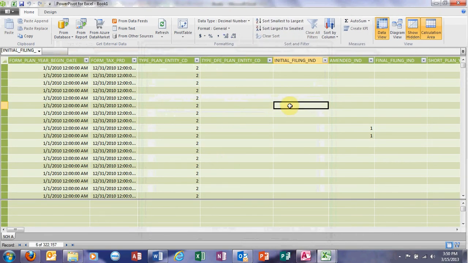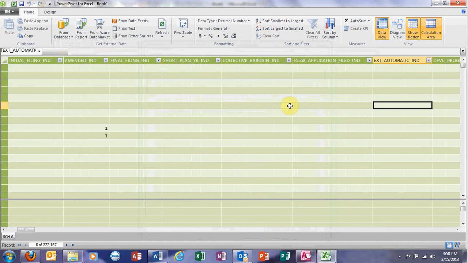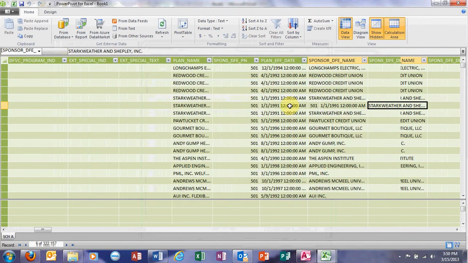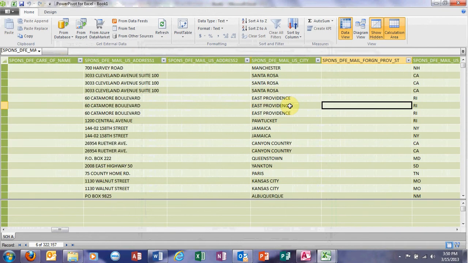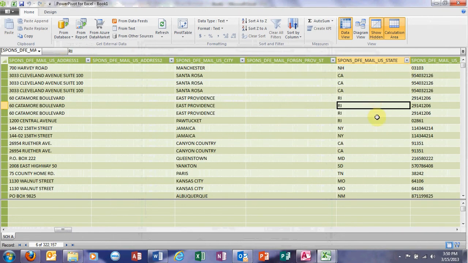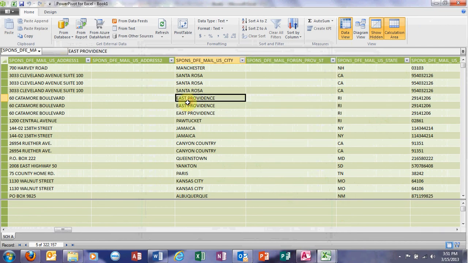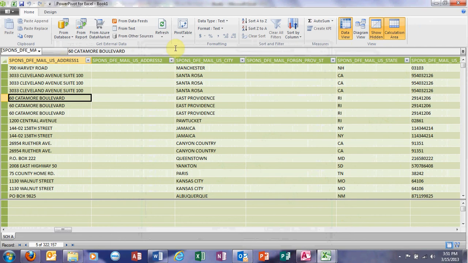So again, for some of you, if you just want to look at these as a spreadsheet, you can do that. You can come over here and filter what states, what zip codes, what broker, what insurance carrier, and just do it off of this and do it old school. It's a lot harder to do it that way, but some of us are kind of stuck in our old ways and we want to use the version of Excel because that's what we know. But for the rest of us that know how to use pivot tables,